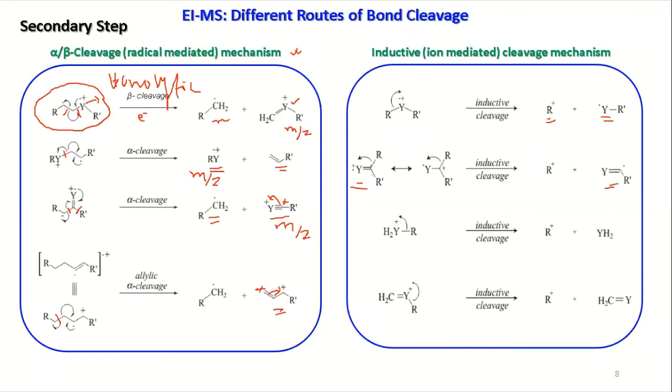One thing you can do, you can imagine you have a dot here, you have a dot here. Now this dot is giving up. So you have an R plus, and this is taking that one. So this plus is neutralized. So you have a lone pair, which we are not putting actually. Ultimately, you have this structure.